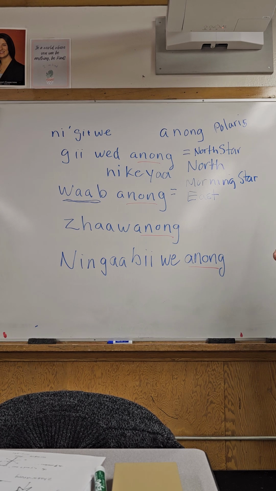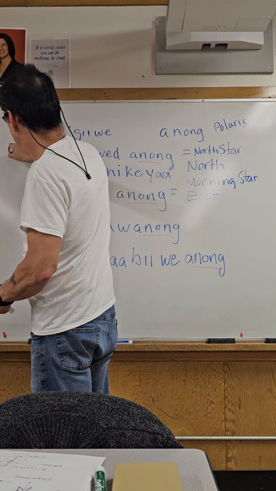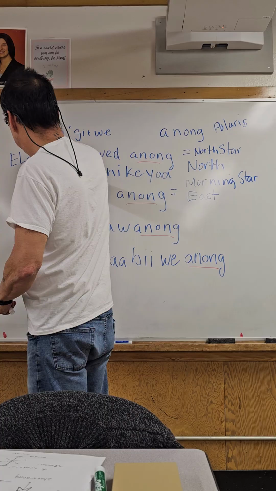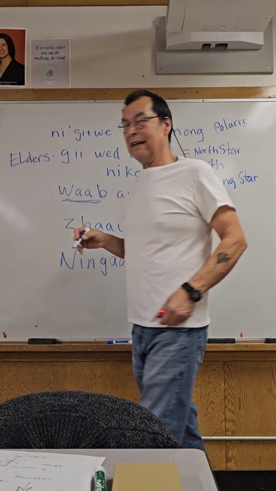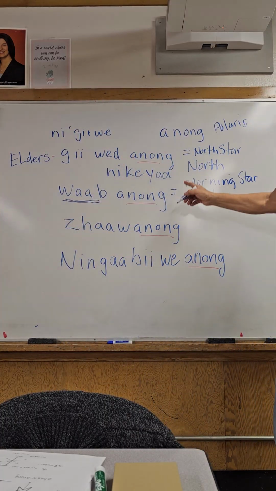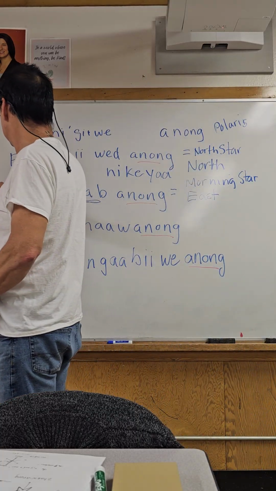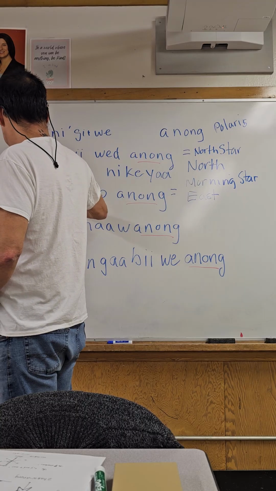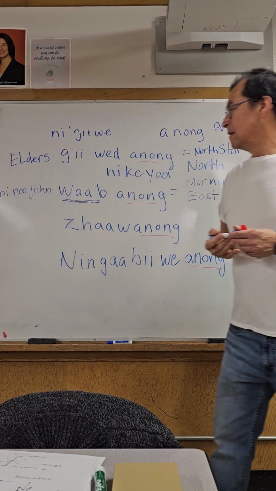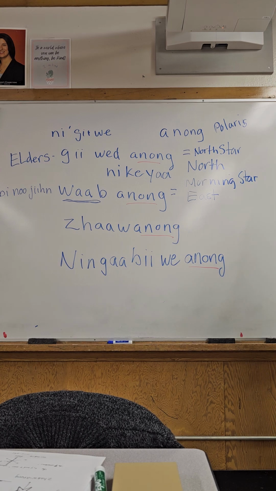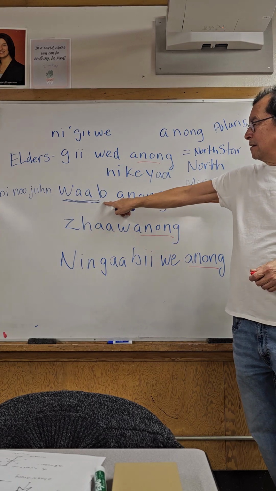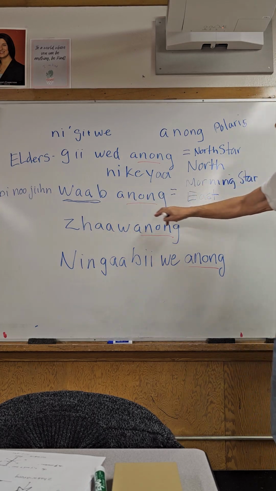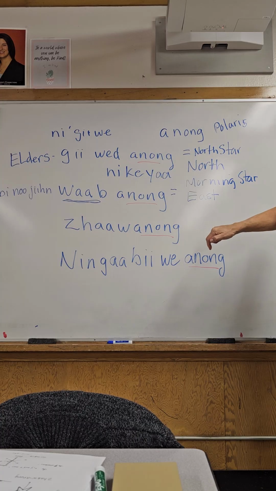These are also represented by our cycles in life, right? Like Giwedinong would be associated with elders, because they're almost ready to go home at that age. And Wabanong in the medicine wheel is Benoji, the new ones, the newborns, babies, because they're new, right? It's like a new day, a new morning. First light, white light, something like that, first star.